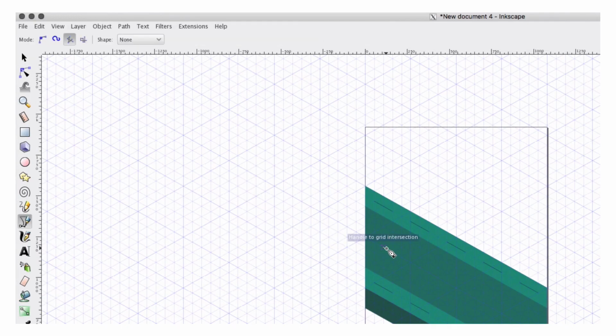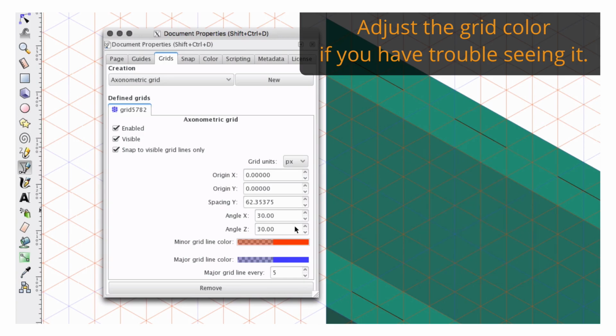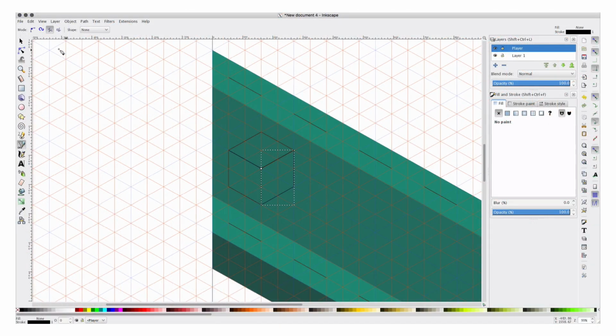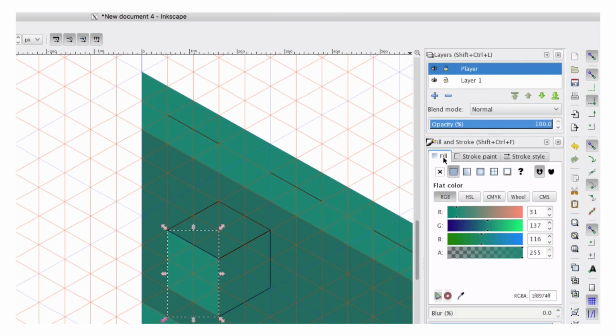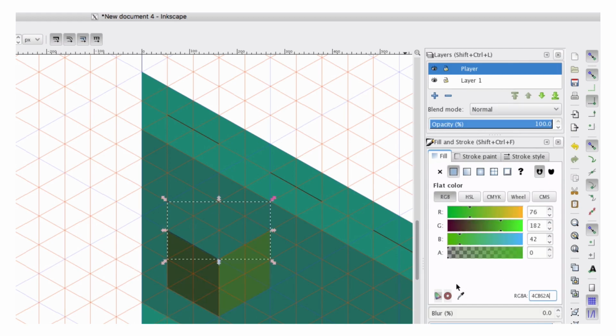I'm going to make an isometric cube as our character, and I'm going to draw it in 3 different sections so I can select each section separately and color them individually. I'm going to select the section that would be farthest from our light source and get rid of my stroke paint, and pick our darkest character color from the palette and fill it in, bringing my alpha channel up so I can see it. Repeating the process for the other sections, we now have a complete character on its own